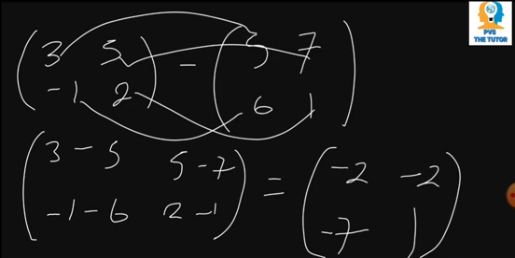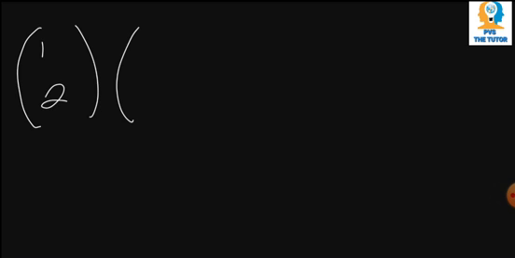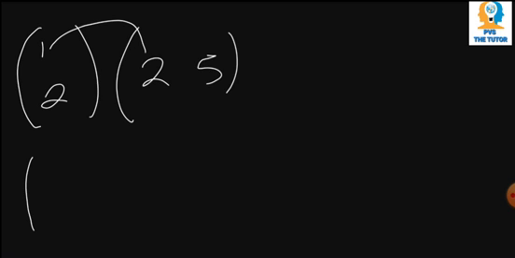Let's look at multiplication. When multiplying matrices, you need to know that we always multiply a row by a column. So for example, if we have this being multiplied by this, we can multiply this one easily. We first start with the rows, then columns. So it will be 1 times 2,